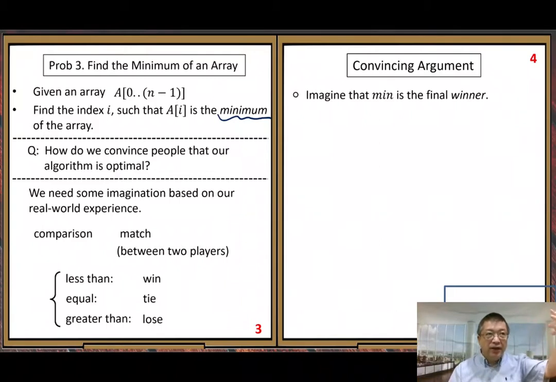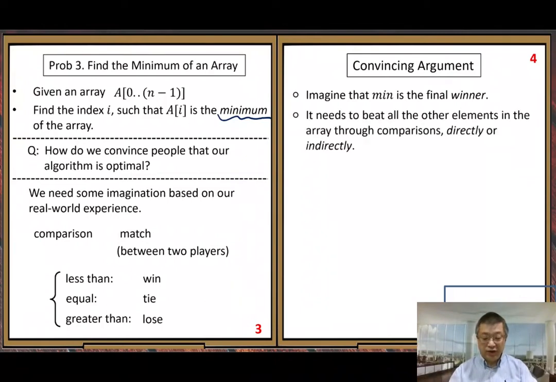So at the end, the variable min returns a value, so that value is the final winner. Okay? So that kind of equivalence can be seen easily, right? Now let us use this argument for the whole story. This winner needs to beat all the other elements in the array through comparisons,